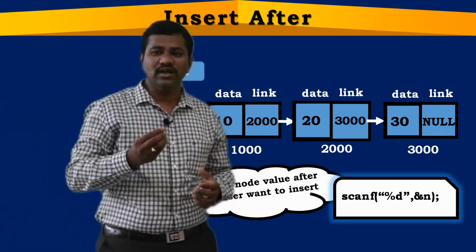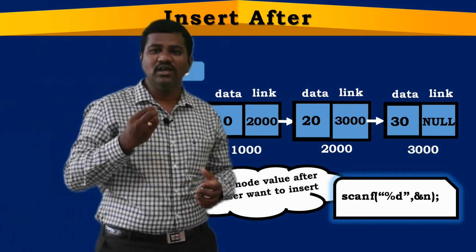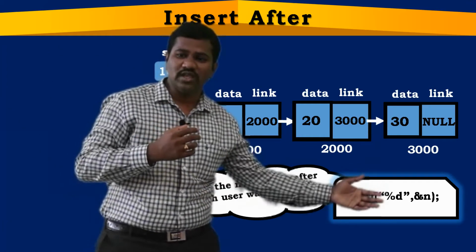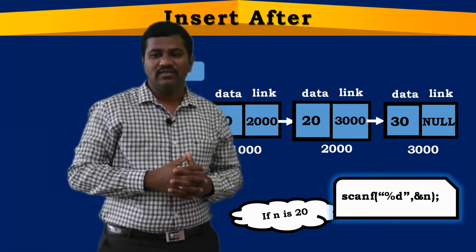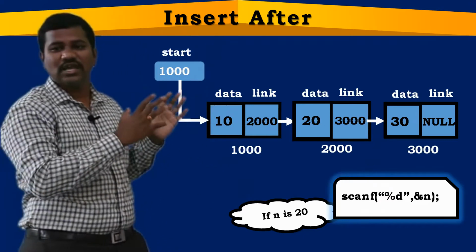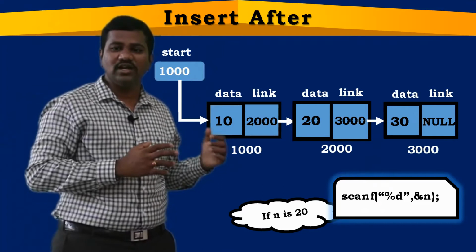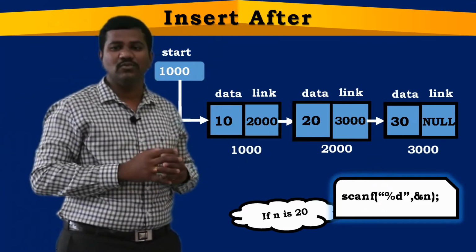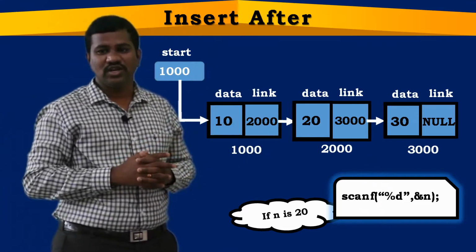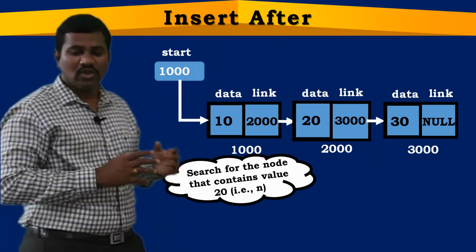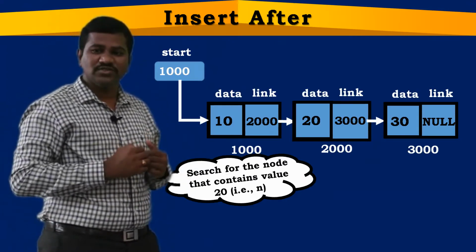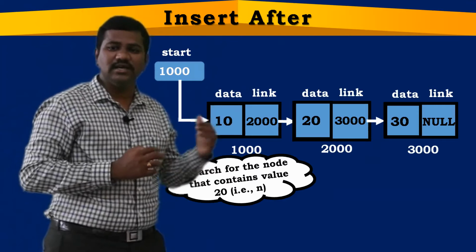I'm taking some value from the user, and that value I'm storing in some variable called N. Here in this case I would like to insert a new node after 20, so I'm going to enter 20, and that 20 has been stored in a variable called N, right? So now what we need to do is search whether this 20 exists in the linked